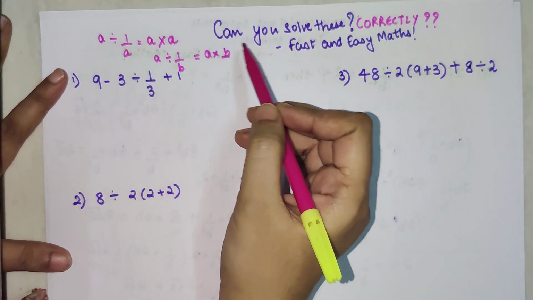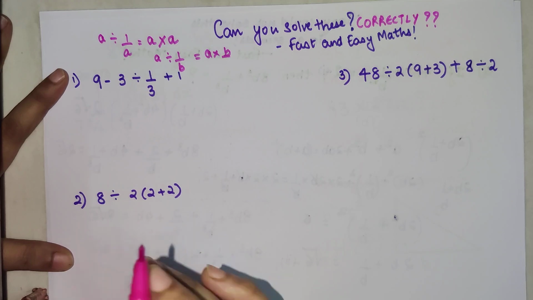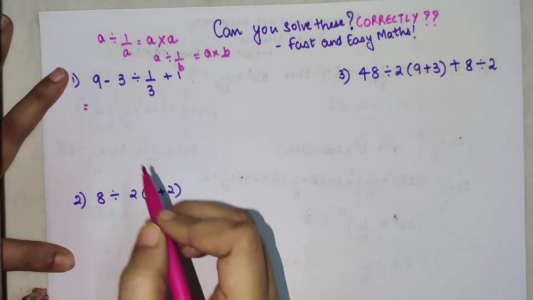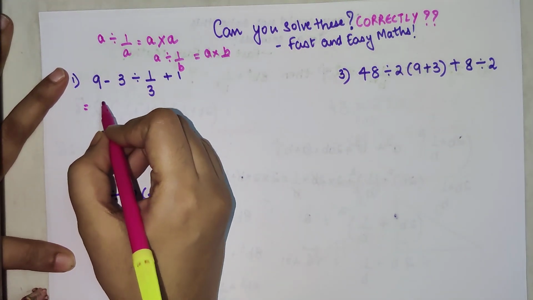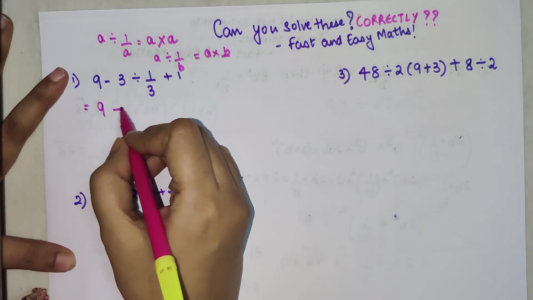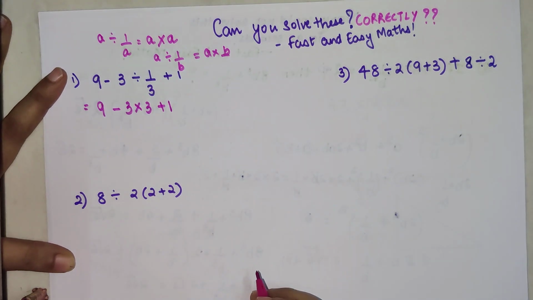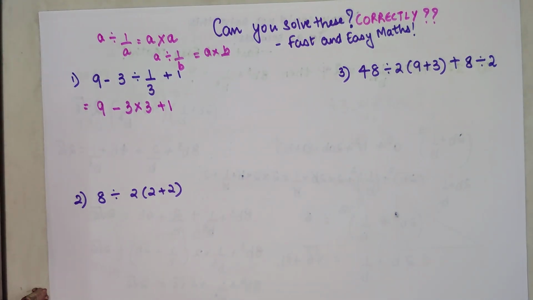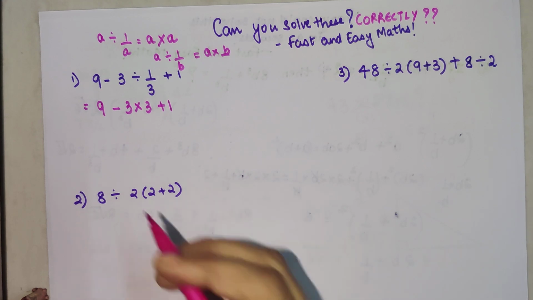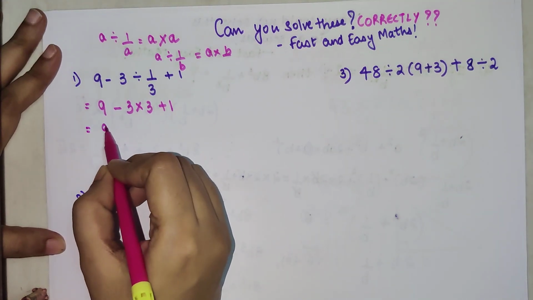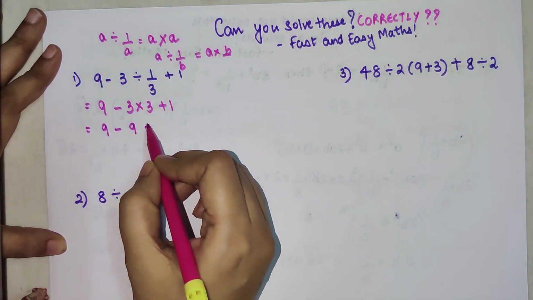Okay, so now I'm sure after doing this you would know what to do, but still I'm telling you, people will make a mistake. So you have 9 minus 3 into 3 plus 1. Students, I'm going really step by step, and I'm sorry for the length of this video, because this is extremely important for anyone who has even a single doubt in solving these kinds of questions, as in which operation to be done first. So this is going to be 9 minus 9 plus 1.